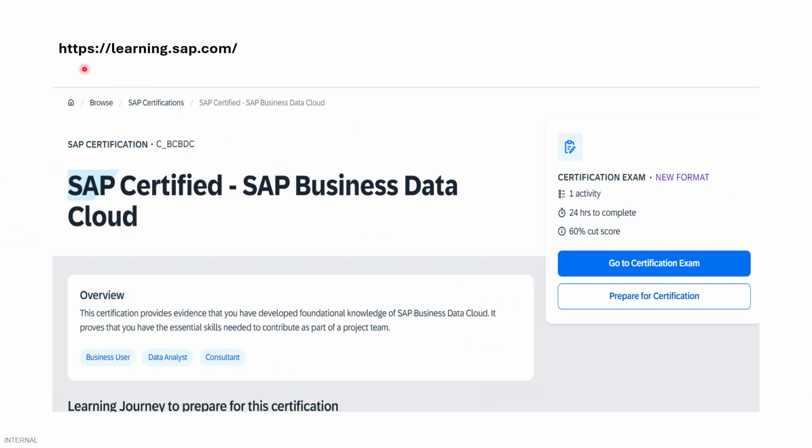Then once you already have an account, you buy the subscription, then in that account you browse the certification catalog, you select any certification you want to do. Then you will check the certification exam format. If it's a new format, you click on go to certification exam, then your certification exam starts right away. You don't have to schedule anything. Now it is AI proctored, everything managed by AI. You can right away, at any moment, take up that exam.